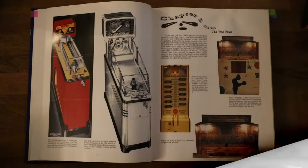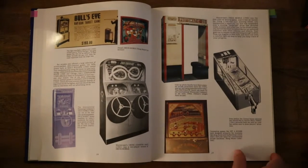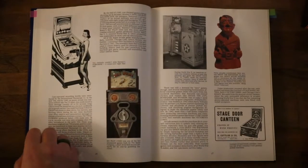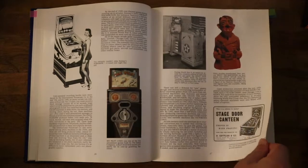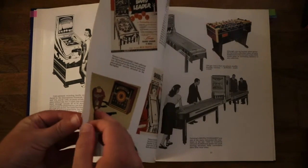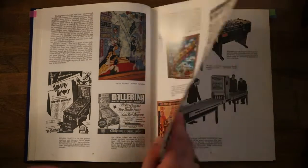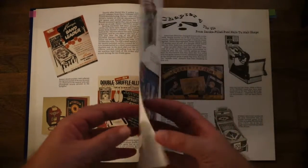I just love seeing all of the kind of creepy things, like the different pictures of stuff, especially from the 1900s, 1910s, 1920s, and just seeing how coin-op amusement has changed over the years. Looking through some of the stuff, like the pinball machines, the fortune teller machines, some skee ball stuff, the